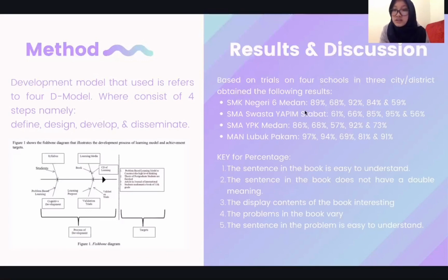And as you can see in the other results, it doesn't really have a pattern, but it is all above 50%. So I think that the book is actually helpful for the students, and it's very interesting, which is good for the students. If it's interesting for the students, usually they will understand it and be very